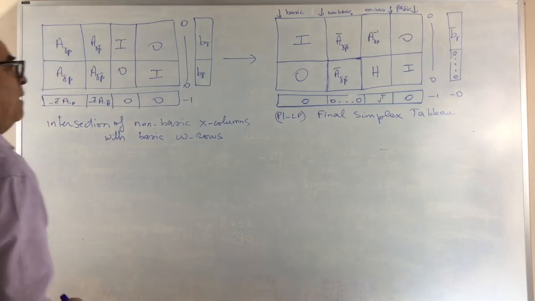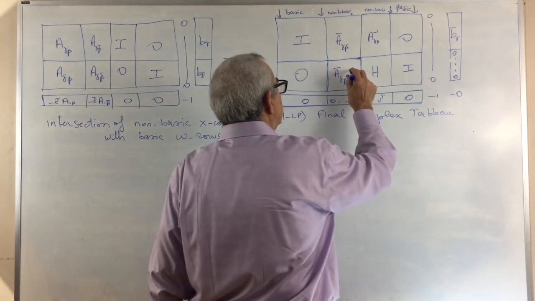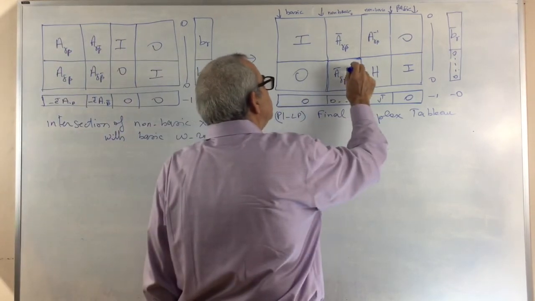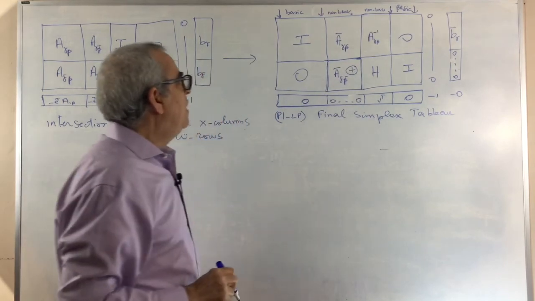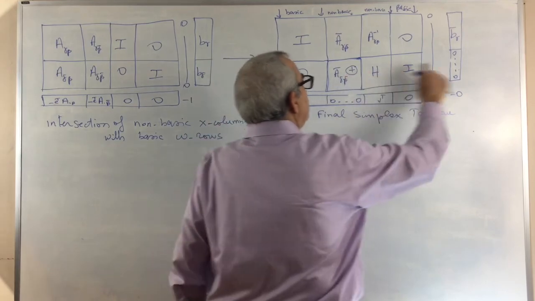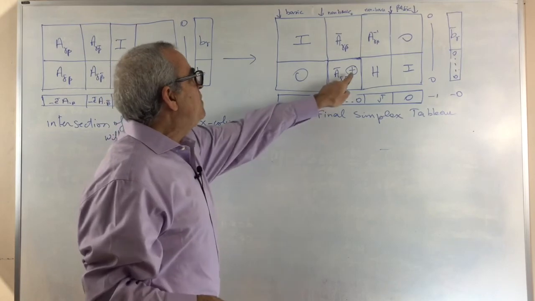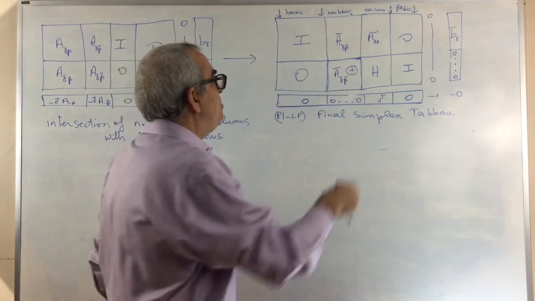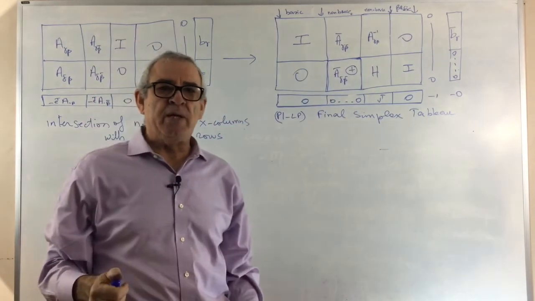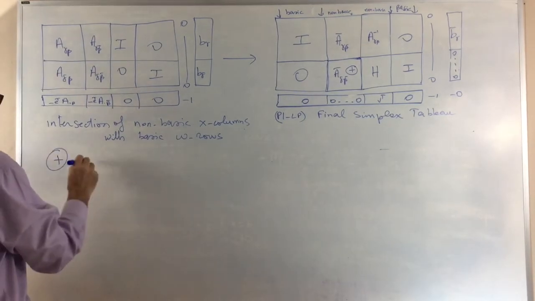Okay. So suppose I have a positive term here. Why don't I pivot here? It's not going to change the bottom because I already have a 0 here, and here I have a 0, so it's not going to change the right-hand side. The effect of pivoting here is that it replaces a basic w by a basic x, and that's what I want to do. I want to get rid of the artificial variable. So we're going to pivot there